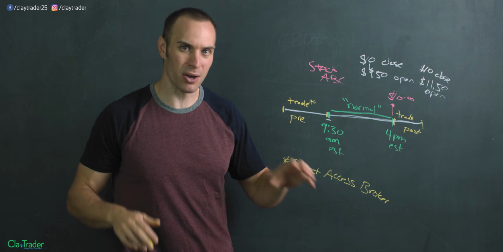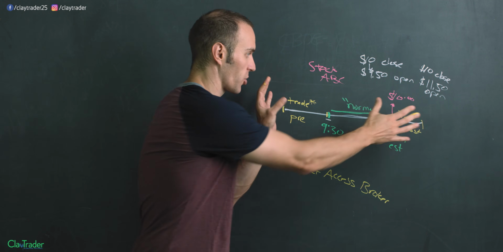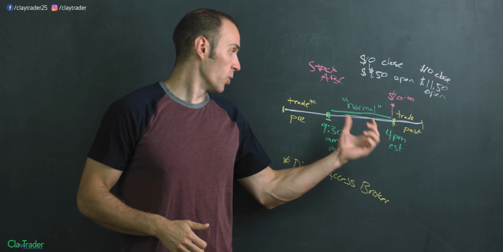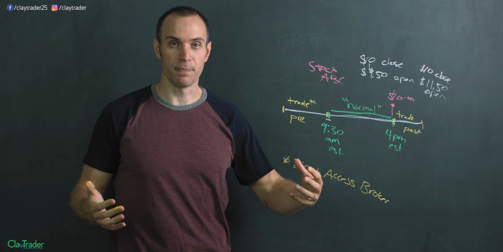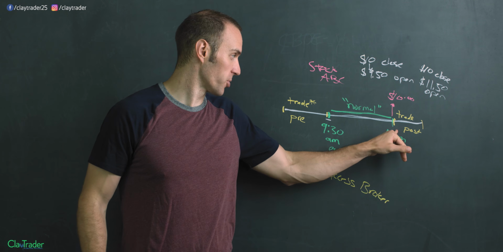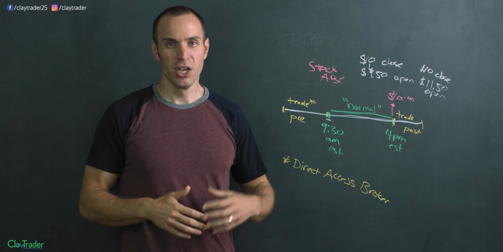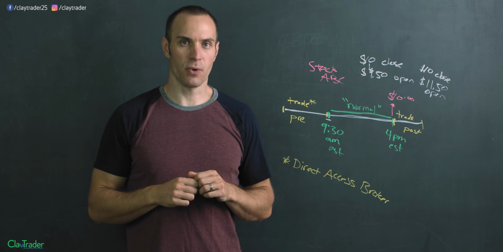So the next time you hear somebody saying, oh wow, it's gapping up or it's going to gap up, that's just because all these external things are going on outside of those normal hours, and that's what's causing that. Within normal hours, nothing can gap up or down because everything is trading. A gap can only occur from a closing price, and a closing price only occurs every day at 4 p.m. Eastern time. So that is what a gapper is. That's how it works. So next time you hear a gap up or a gap down, you now understand these are all the dynamics at work.